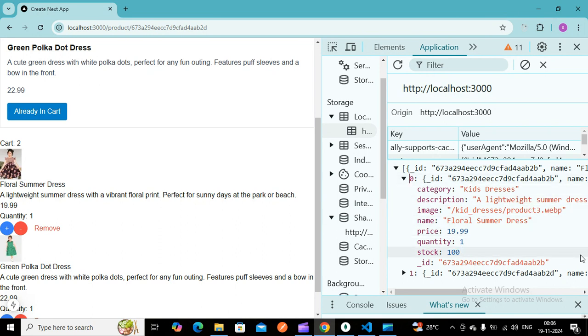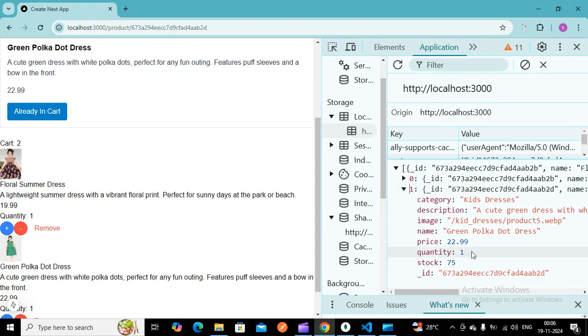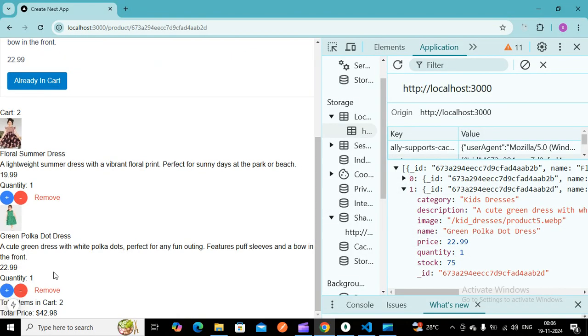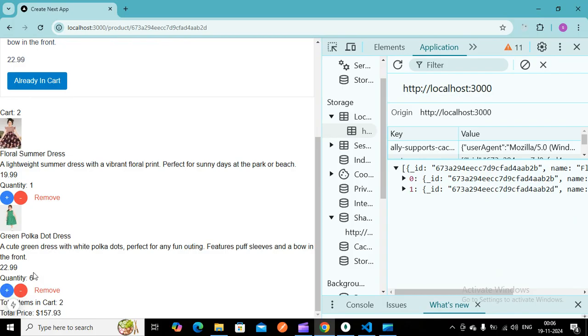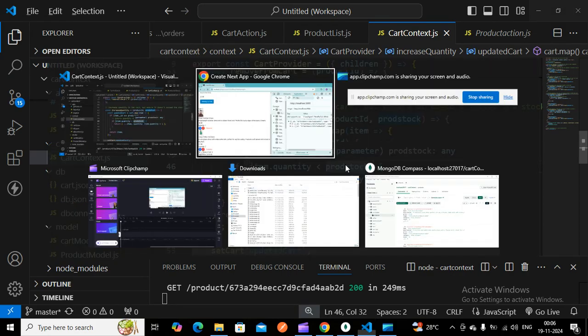Here I have another product, you can take this product. Here the quantity will be 1. You can take this as an example. If I increase quantity, my quantity will be 6. If I click one another time, my quantity is 7, right? So for that, we have to check the condition that it should be less than the product stock.